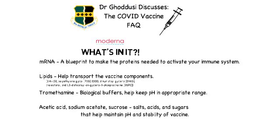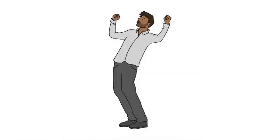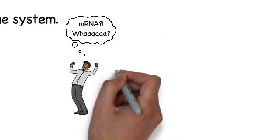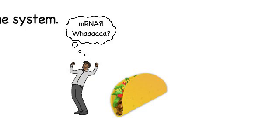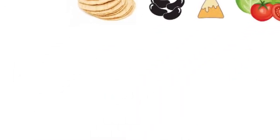There are some that are worried about this being an mRNA-based vaccine, which isn't typically seen during a vaccine rollout. However, all components have been around for a long while, and it's just being rearranged a bit. It's like if you were to go to your favorite taco place, and instead of the old favorites like a taco, burrito, or flu vaccine, they took a tortilla, added beans, tomatoes, lettuce, and threw in some turkey for a